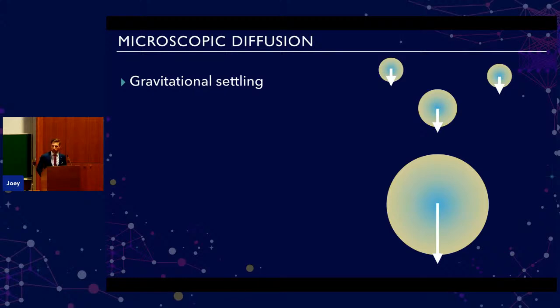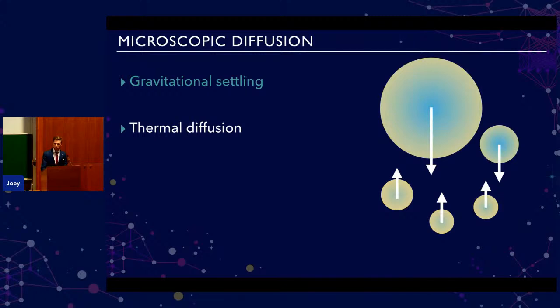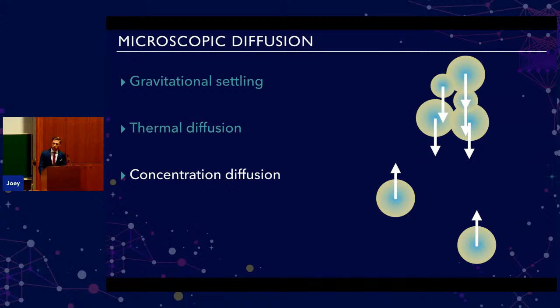The first one is gravitational settling. That means if, for example, you have a glass of water and you put some sand in it, you stir it, and then you leave it, you'll see that the sand starts to sink to the bottom. Similarly in stars, everything heavier than hydrogen will start to sink to the center of gravity. We have thermal diffusion, so diffusion between regions that have different temperatures. We have concentration diffusion. Again, if you have a glass of water and you put a drop of ink in it and then you leave it, it starts to diffuse out.